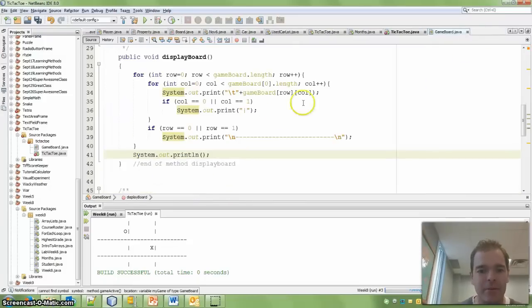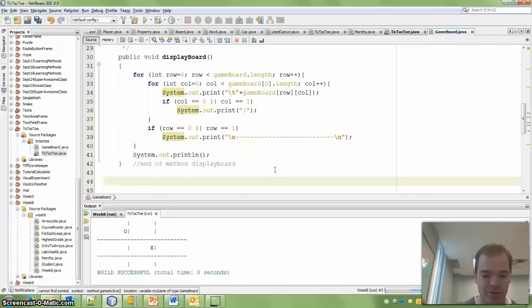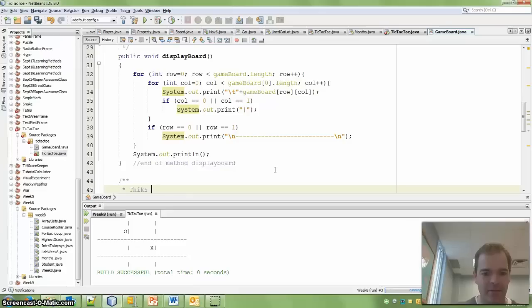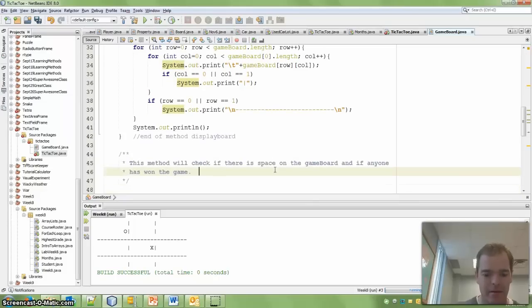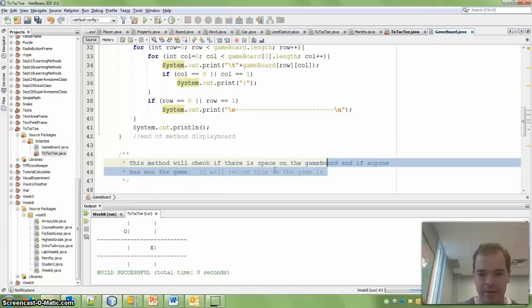While we've got the active game, for now I'm just going to return true. So this method will check if there is space on the game board and if anyone has won the game. Will return true if the game actually